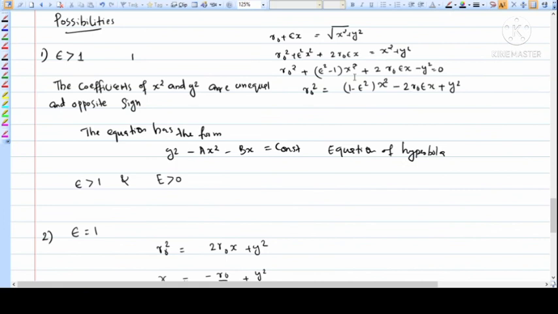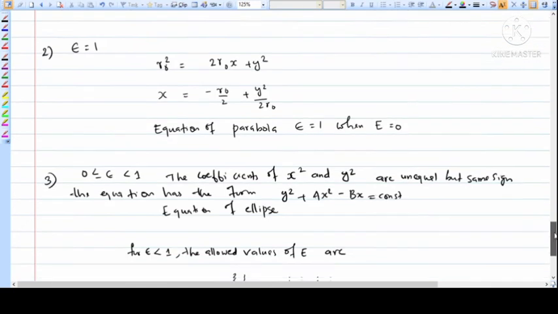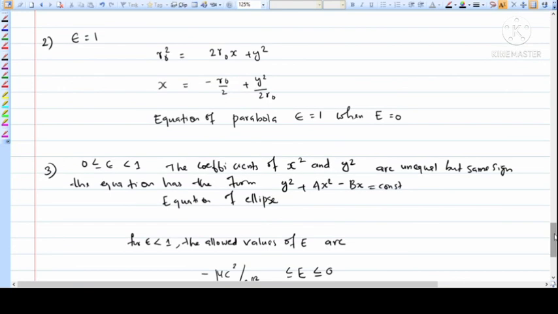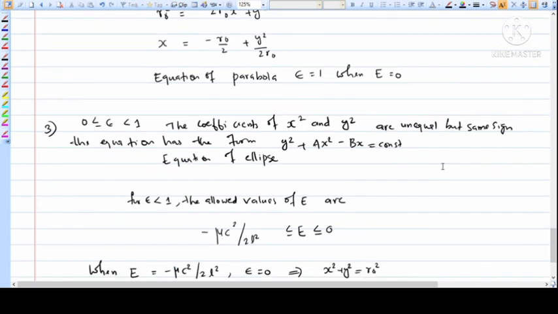We get epsilon is equal to 1 only if E is equal to 0. So the energy is equal to 0, epsilon is equal to 1. This is the epsilon value for E is equal to 0, and this is an equation for a parabola. So when this condition is attained, the planet will go around a parabola. So the orbit of the planet will be